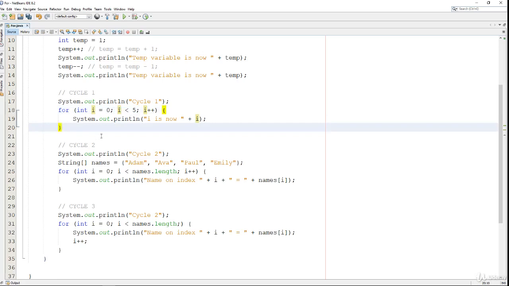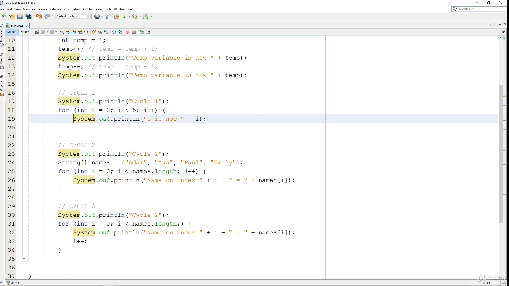We are repeating this line while i is smaller than 5. The next cycle is a bit interesting, and you will use that very often. So I have here an array containing 4 names, and we will use a for cycle to print all the names. I hope you remember how we accessed elements in an array and how we get the count of elements in an array. Because we will use this, so I create a new variable i and initialize it to 0, since the first name